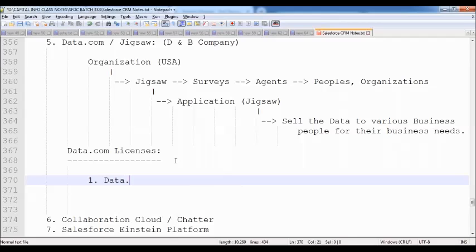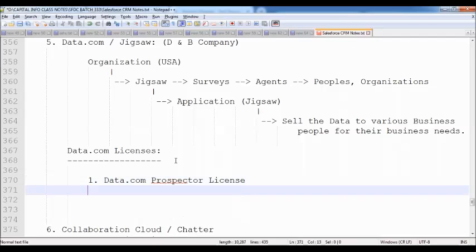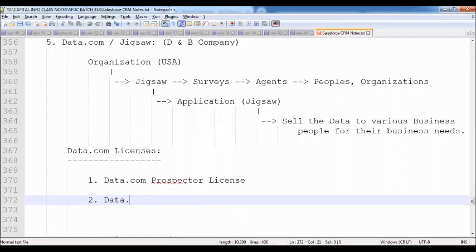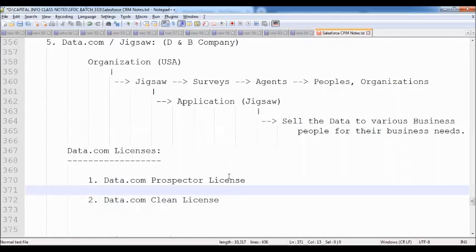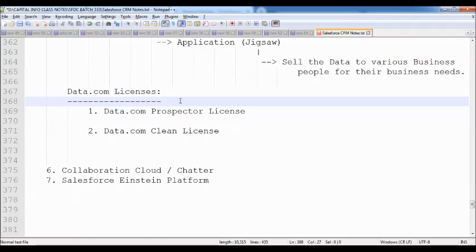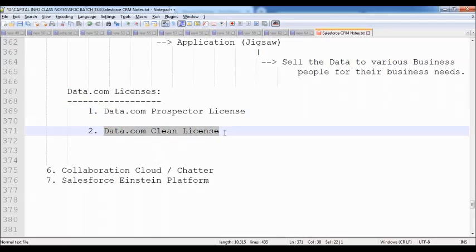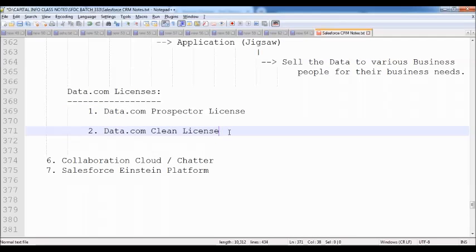First one is the data.com prospector license. Second one is the data.com clean license. These are the two licenses given by Salesforce. By using these licenses, we can buy the data from data.com online, without visiting the branch.